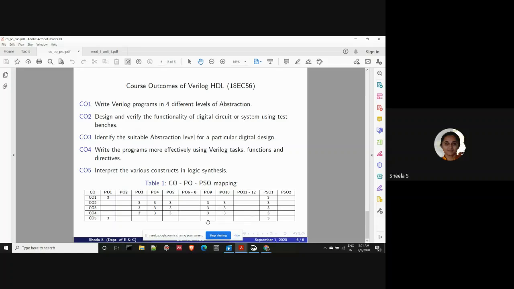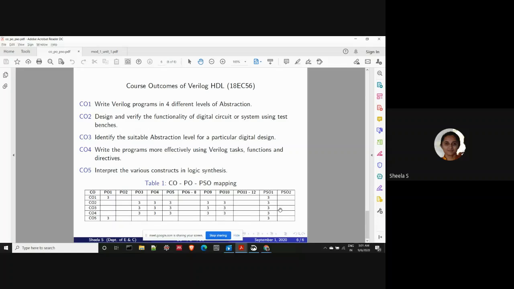And the last CO we have is interpret various constructs. Here we are just interpreting how the synthesizer is going to develop the circuit. We are not developing any circuit here. We are just analyzing how the CAD tool is going to develop the circuit for a given command or for a given program. So that gives only the engineering knowledge, and it will not map to any other